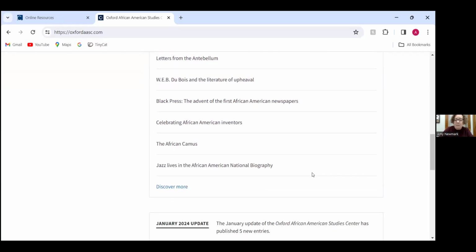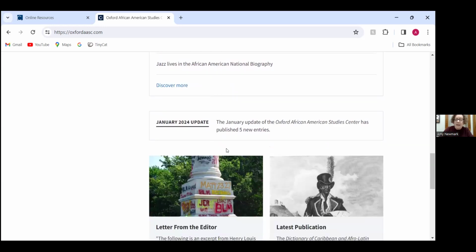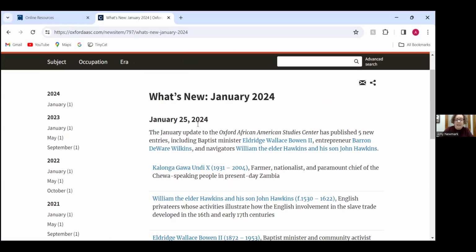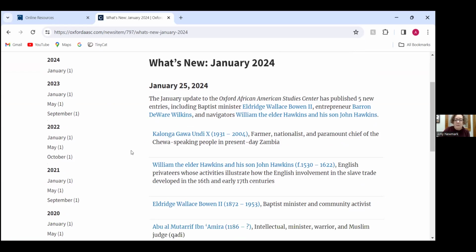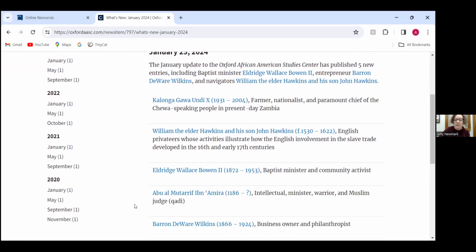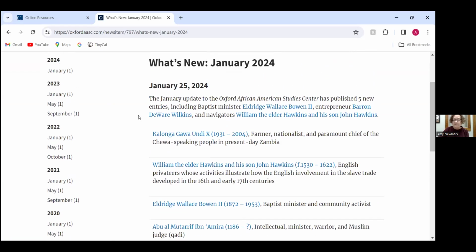But you can just browse those, and those change frequently also. Then they have here an update of new entries that have come into the database. And they do this 3 times a year. Looks like January, May, and September, or October for the most part. So here is a description of the 5 new entries to the database that they put up in January of